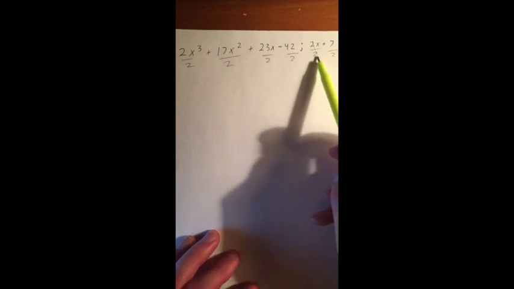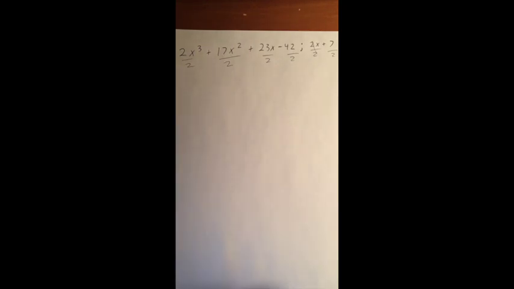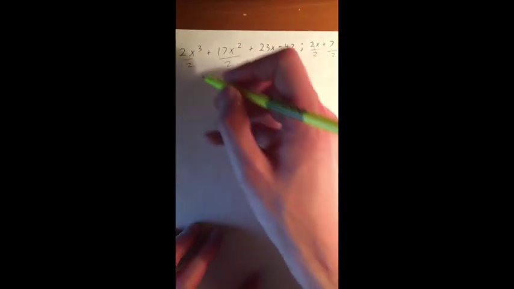Whatever that number is, I always got to divide everything by it, okay? If that was a 3, I divide everything by 3, okay? But it's not. It's a 2, okay? It doesn't have to do with this one. It has to do with this number right here, the number in front of this x, okay? So let's do that. If I cancel everything out, my new equation will be x cubed